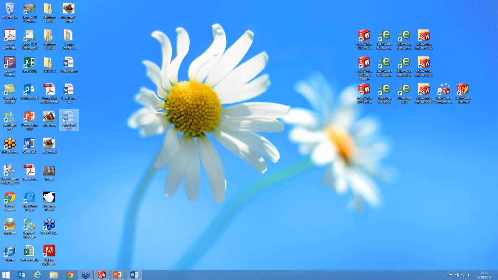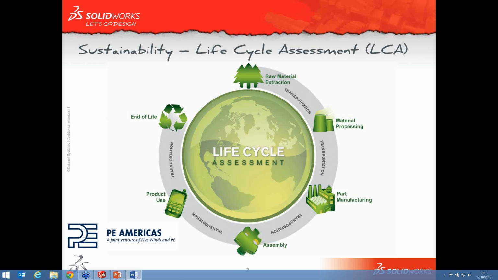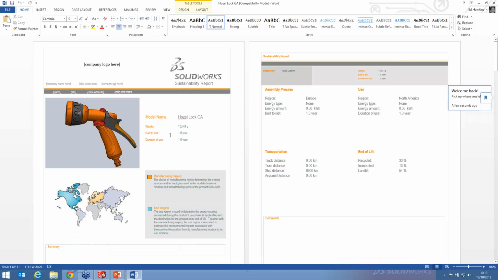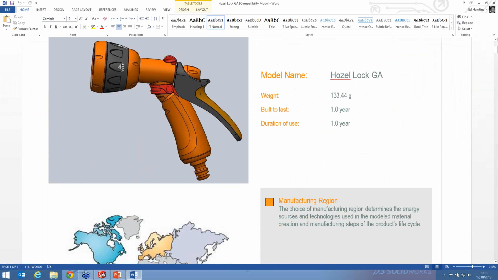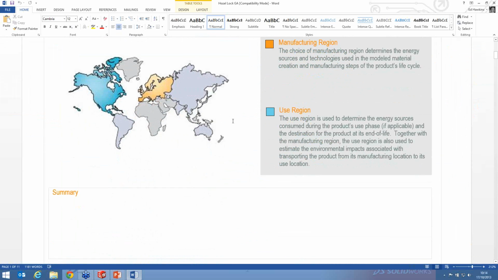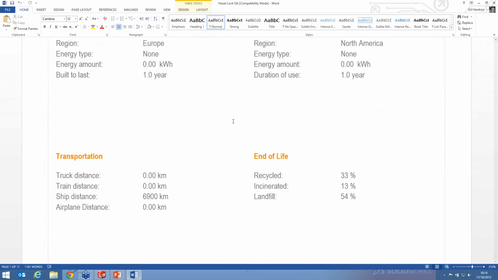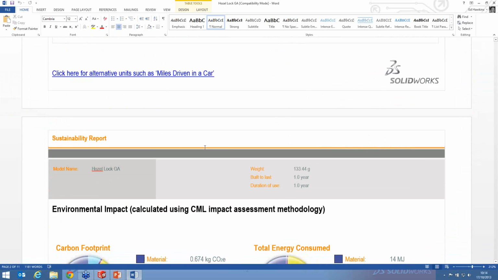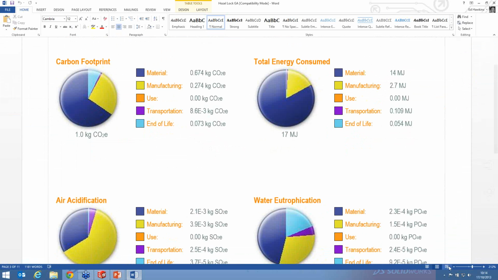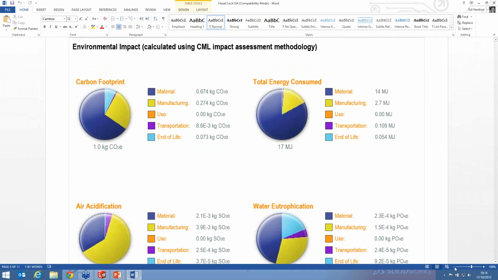And if we take a look at this item, you'll see, let's just zoom in a little bit so we can see here. So you can configure this with company name and logo. We can view some details about the model, the manufacturing and the use region. We can take a look in a little bit more detail as to the duration of use, the energy used, that kind of thing. And then if we scroll down here, we'll just zoom out a little bit more